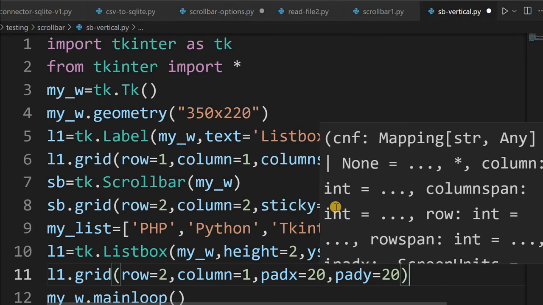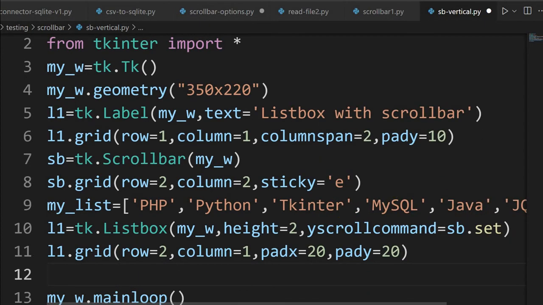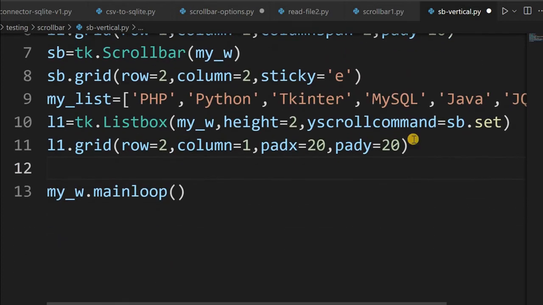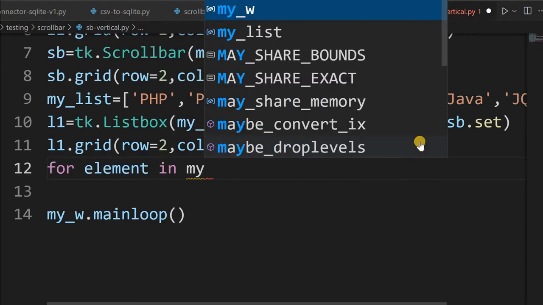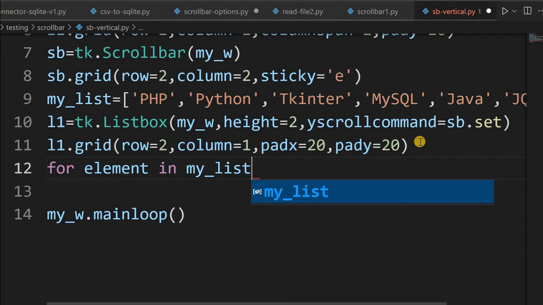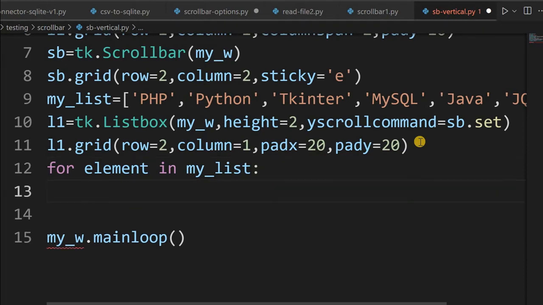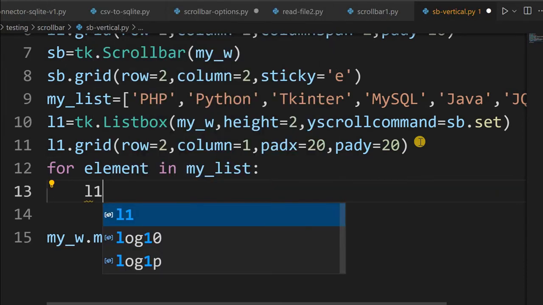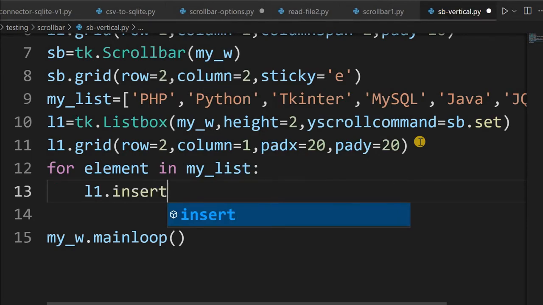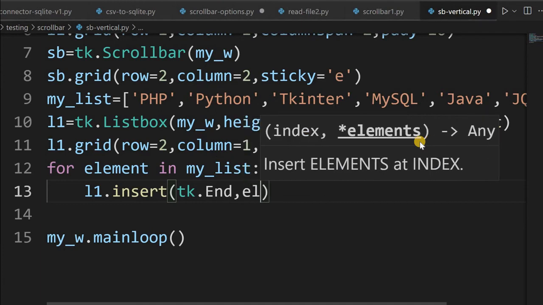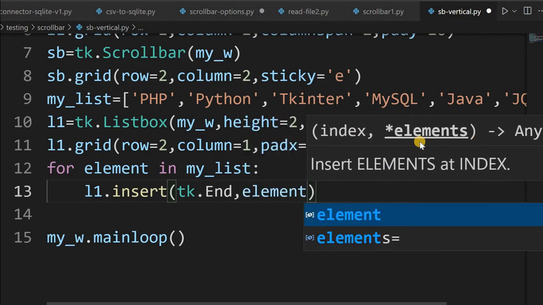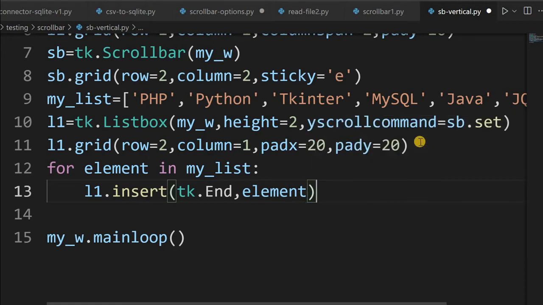Now let's insert the items into this. Let me scroll up a bit. Fine. So for element in my list, my list is the list I have declared at line number 9. Now L1 dot insert. What will I insert? tk dot END. Now you can get all the details of how the insert method works. Element will be collected one by one and connected here.